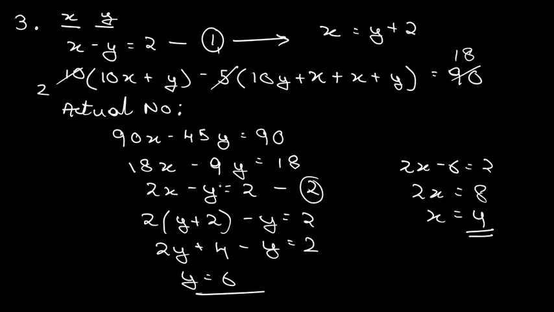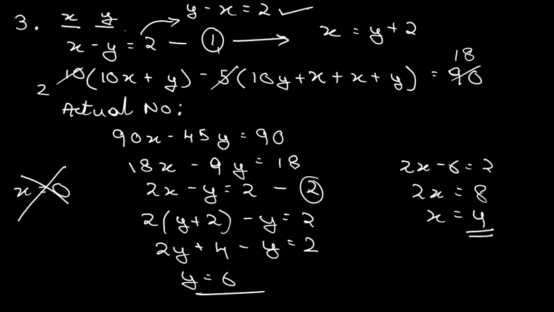wait a second. See, here we are having two possibilities. It is not just x minus y is equal to 2, it may be x minus y is equal to 2, or it may also be y minus x is equal to 2. So we are basically having two possibilities. So what we can do, we will be getting two answers in this, and the first answer that we are going to get is x is equal to 0. So by this equation we will get x is equal to 0. So we have to just eliminate this particular answer, and the second answer we will get by putting this equation.